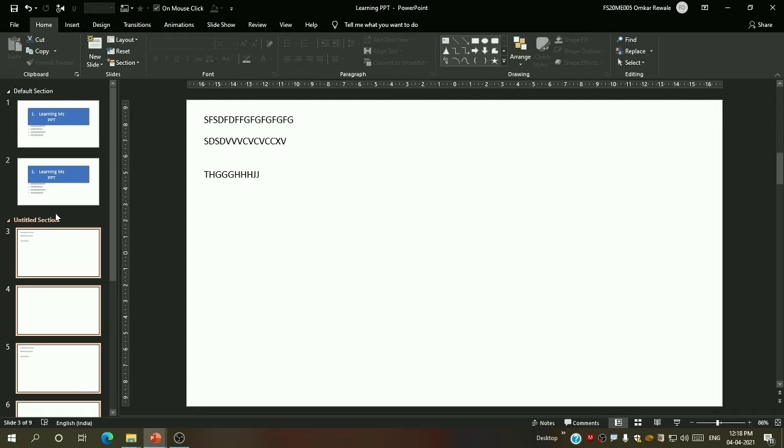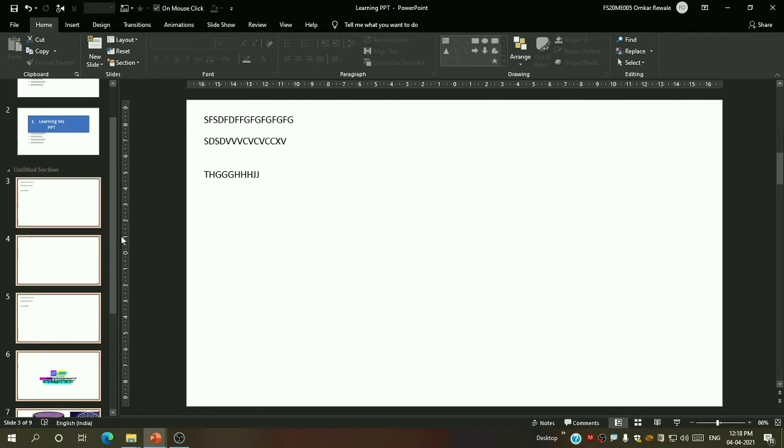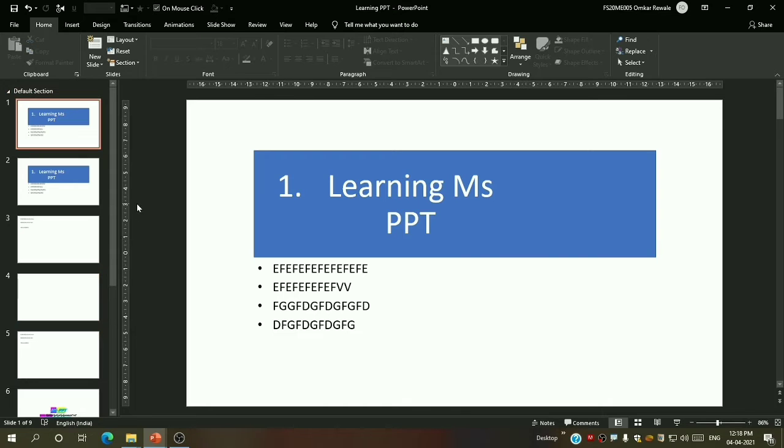This is the default section. I can also remove this from here. Remove section. I can also remove the section and slides. Remove all sections: if you included more sections, then you can remove them from here. Right now I just want to remove the section, so the section is removed.